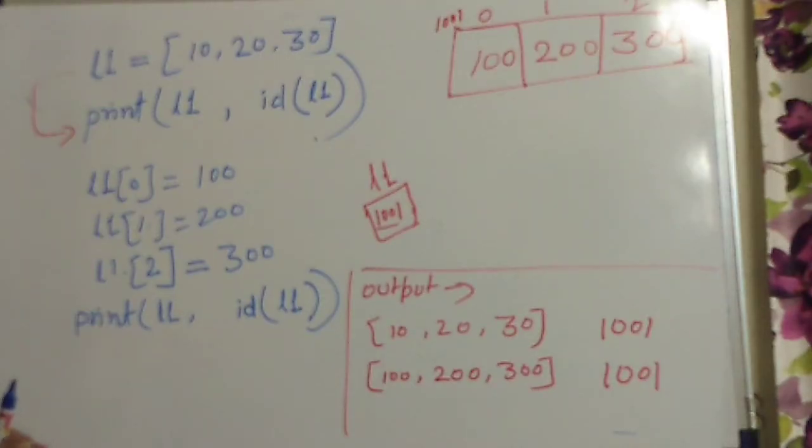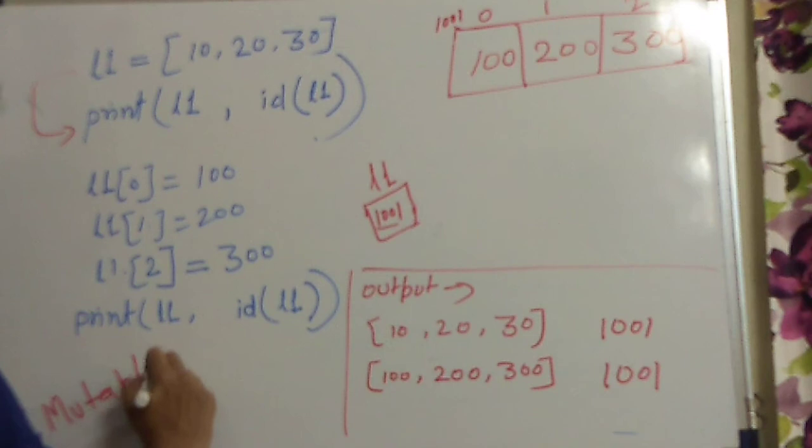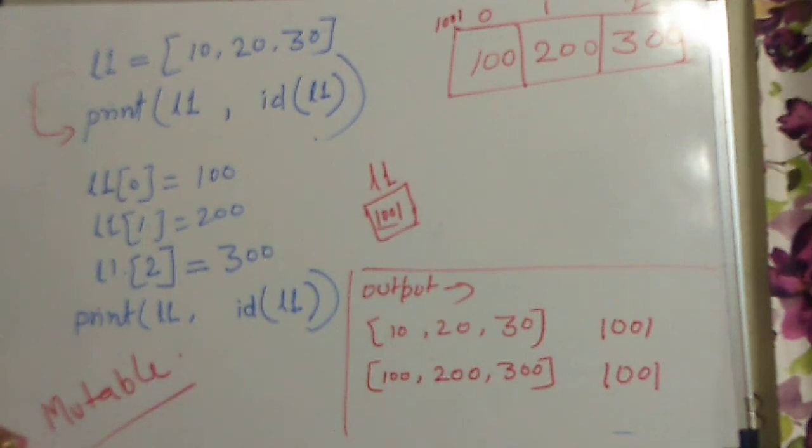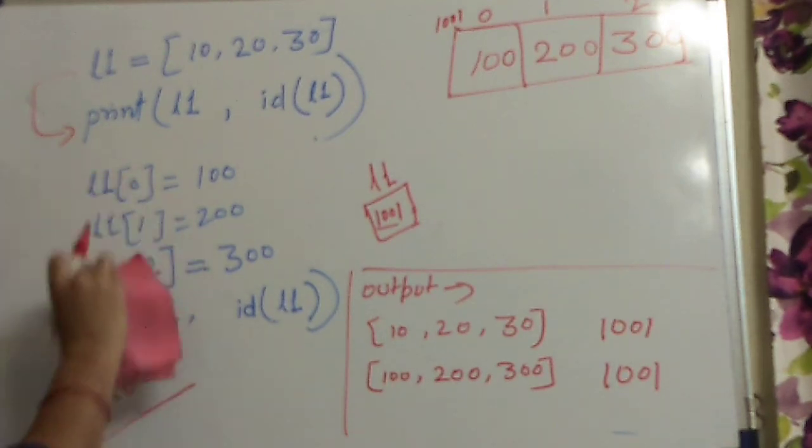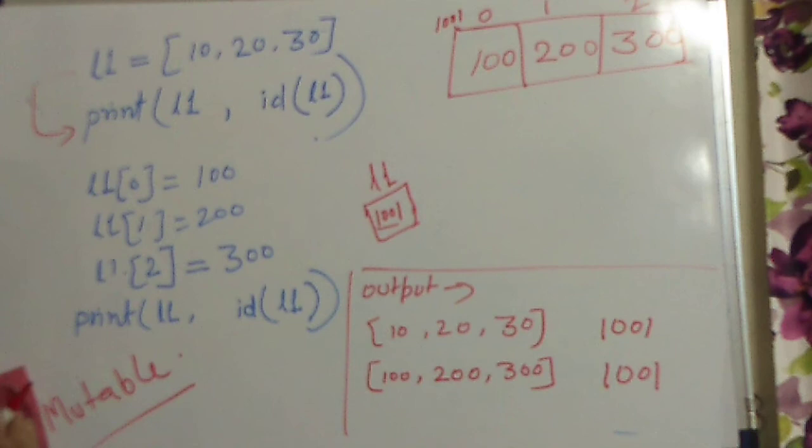Clear? So this is internally called mutable type. Okay? Mutable. The previous example I gave you was an example of immutable. Clear, students? So now let us see what is mutable. We can see many examples by writing programs in Python, so you can take the reference of this right now.